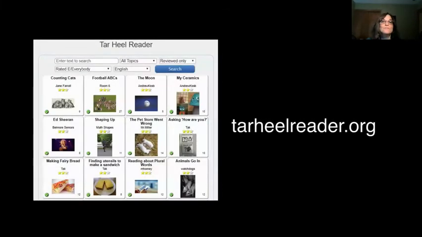Choose books that your students find interesting. There will be much more to communicate and interact if you select a book on topics that interest them. Consider sources like Tar Heel Reader for accessible books on a wide range of topics. There are tens of thousands of easy-to-read books on a wide range of topics.